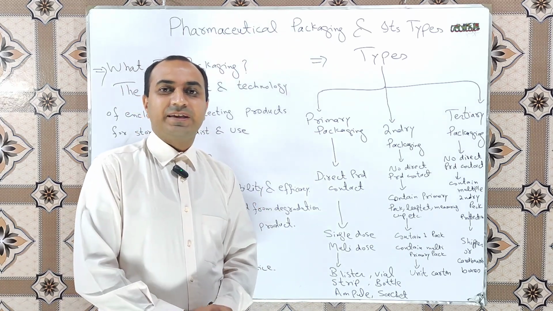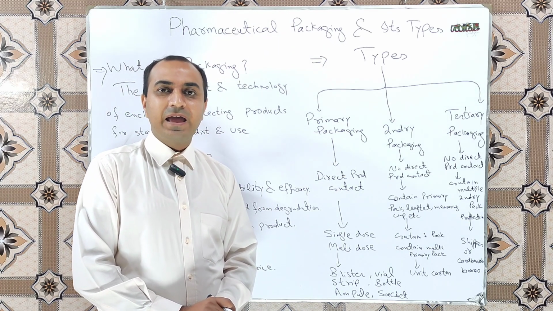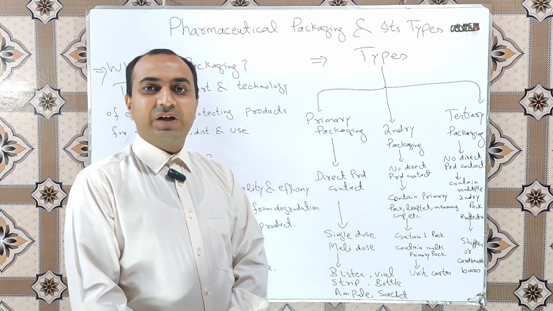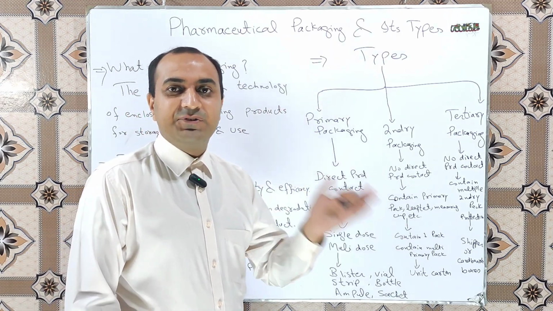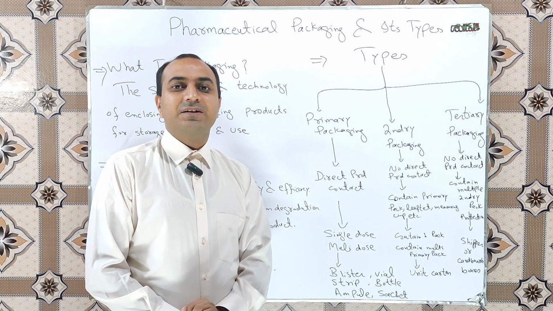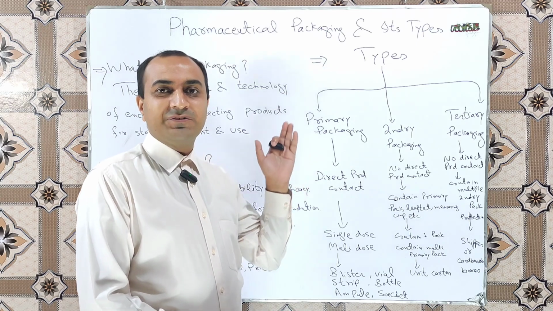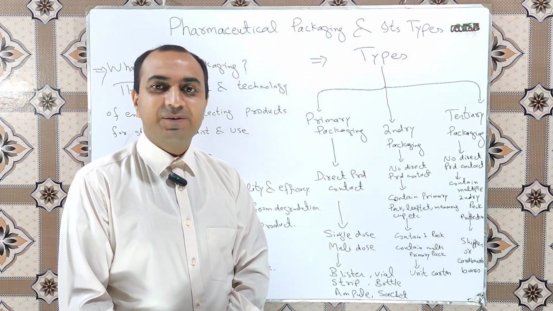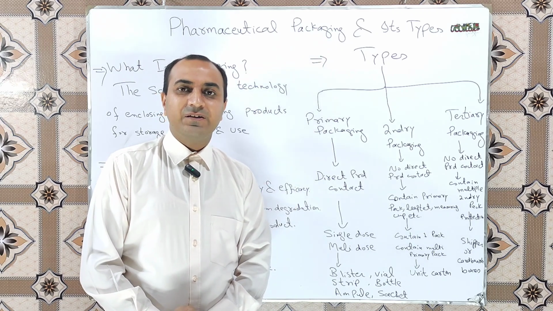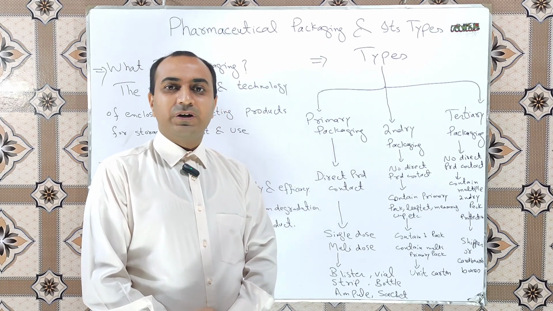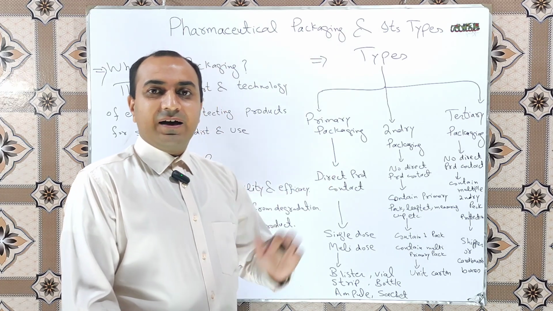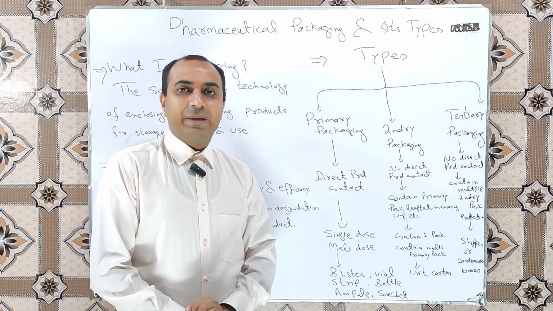To understand this, take the example of a tablet. When we pack the tablet in blisters, it has direct contact with the blister. So blister is an example of primary pack. Another most common example is for the semi-solid dosage form. For creams and ointments, we fill our creams or ointments in collapsible tubes. So the tubes used for filling of creams or ointments are examples of primary packaging.